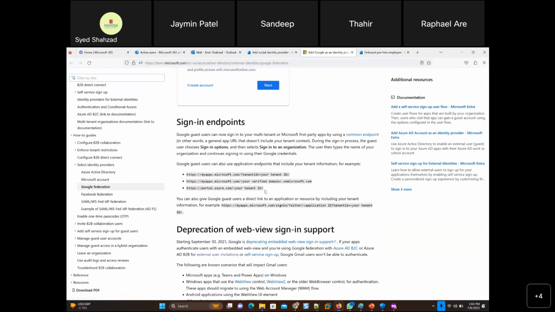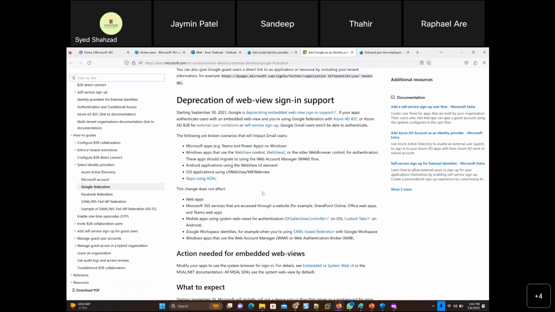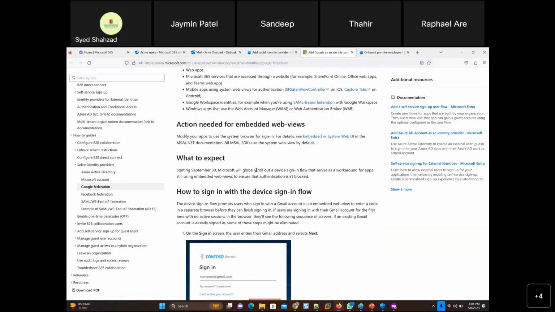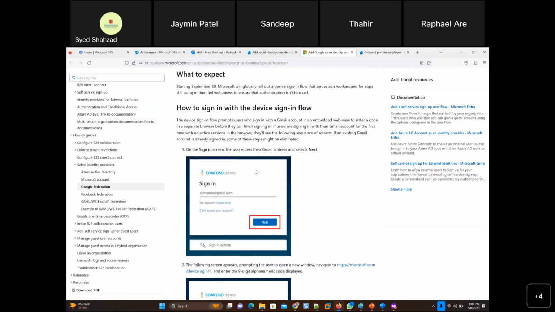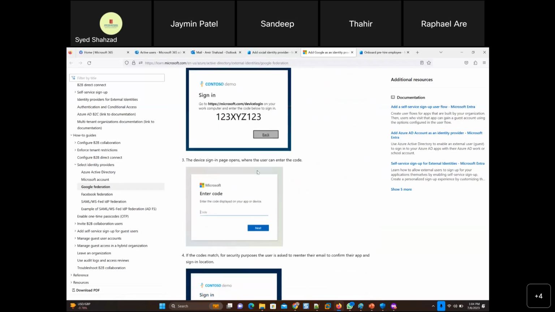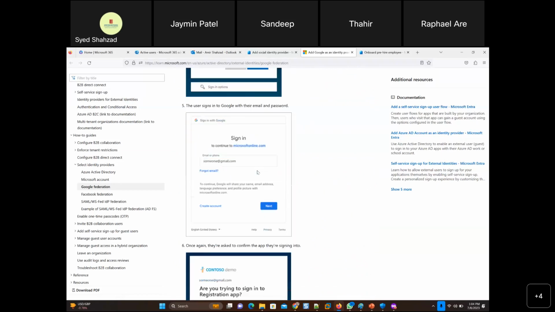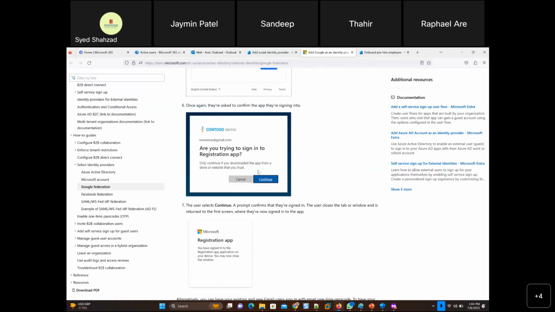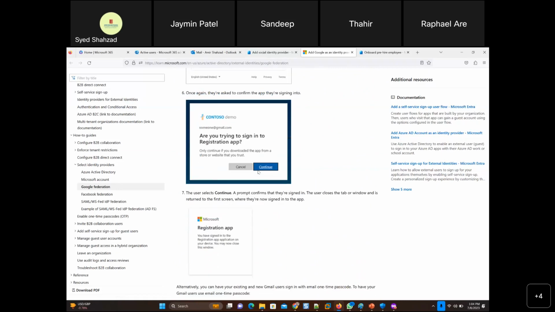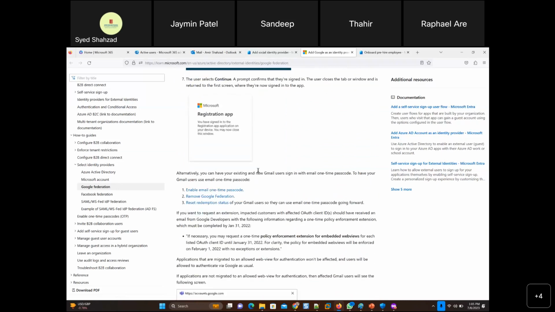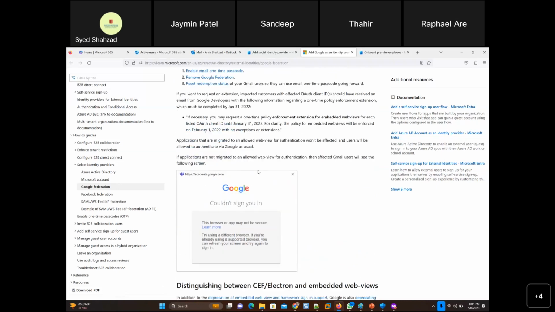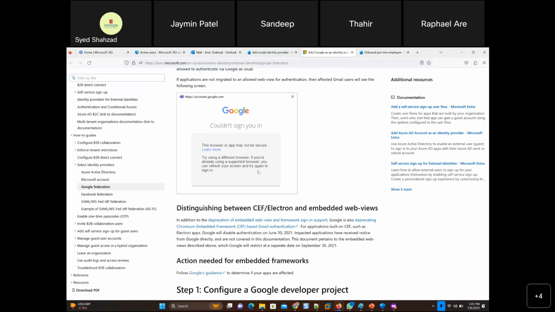And some of the things that they have removed, and what to expect, how to sign in, so this is all again. This would be the third company. Suppose you have already gone through Dropbox SSO, you have gone through Salesforce SSO. So this would be Google, you're SSOing with Google.